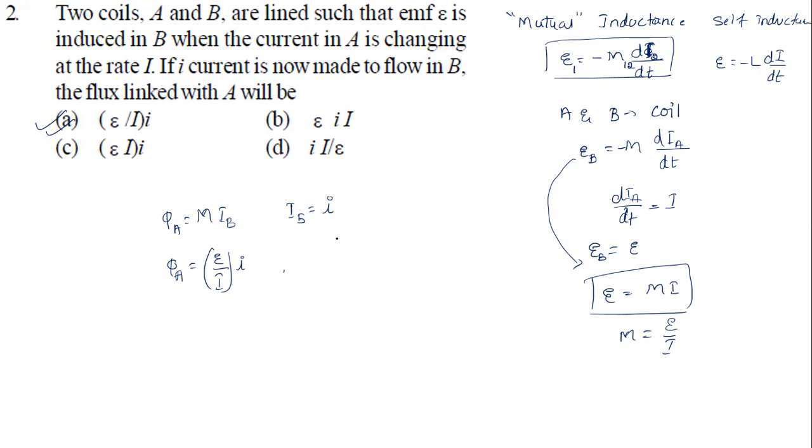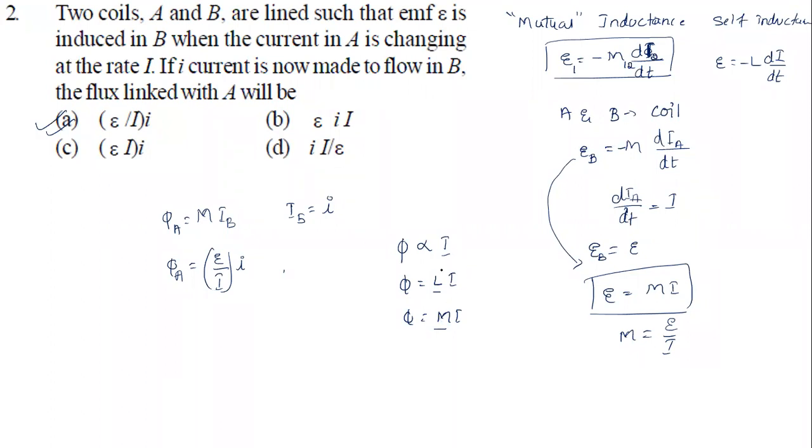Okay, here one more formula we introduce now. What is that formula? The flux change in one coil is directly proportional to current in another coil. So if you remove the proportionality, the flux is equal to either L into I, or M into I, depending upon what type of coil we have taken, mutual induction or self-inductance. If there are two coils, we replace by M, and if there is one coil, we replace by L.